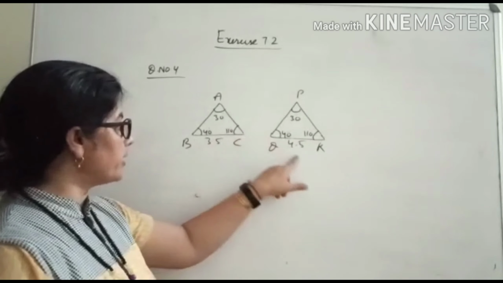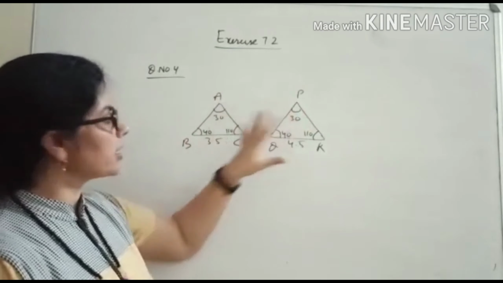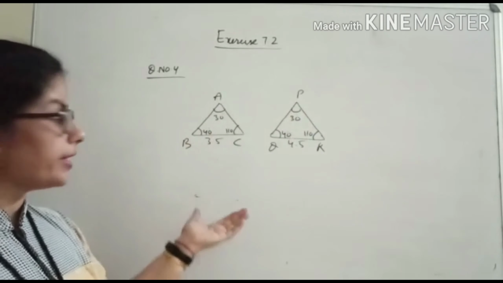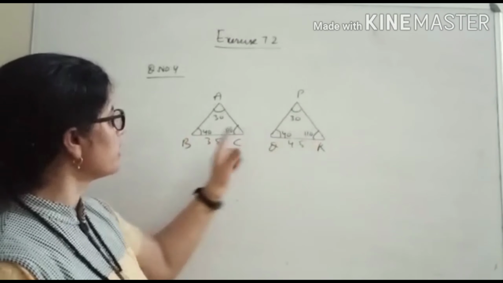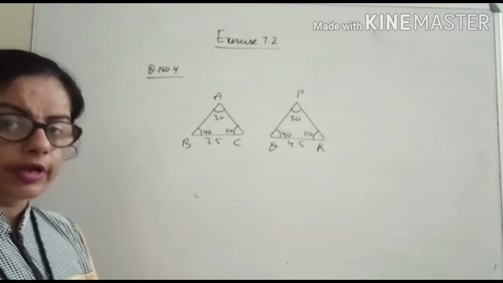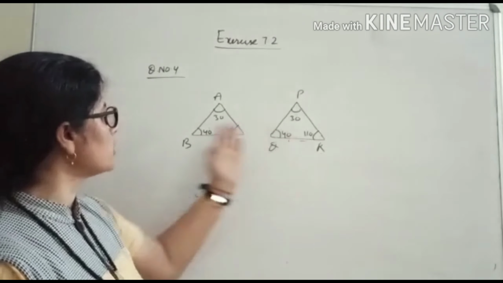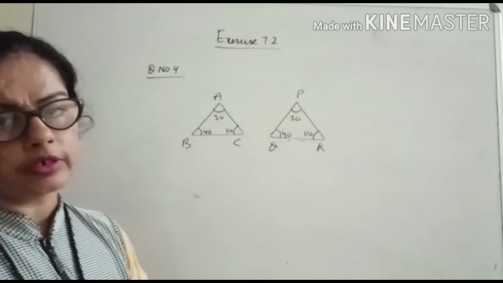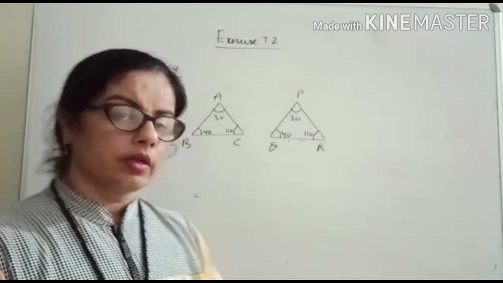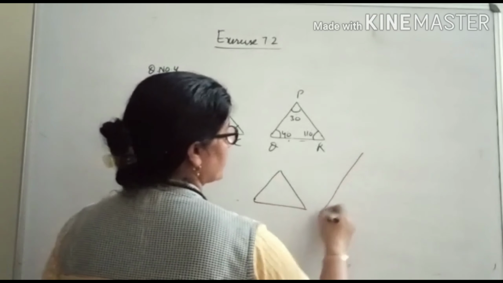If sides are also same, if these triangles are of same side, or you can take one side is same, then we can say that these triangles will be congruent. Otherwise we cannot say that. If anyone says that all three angles are equal, so triangles will be congruent, then we will say no. See, one triangle is this and one triangle is this.